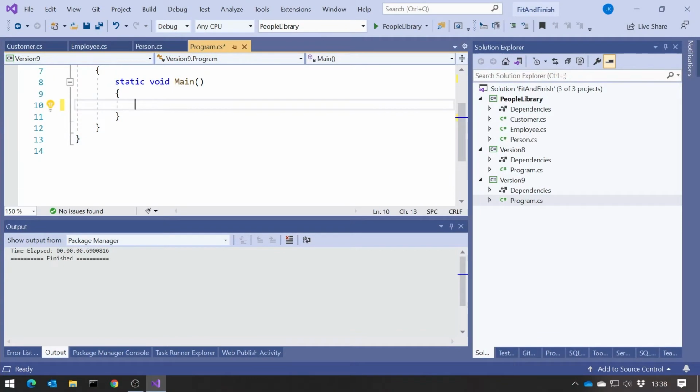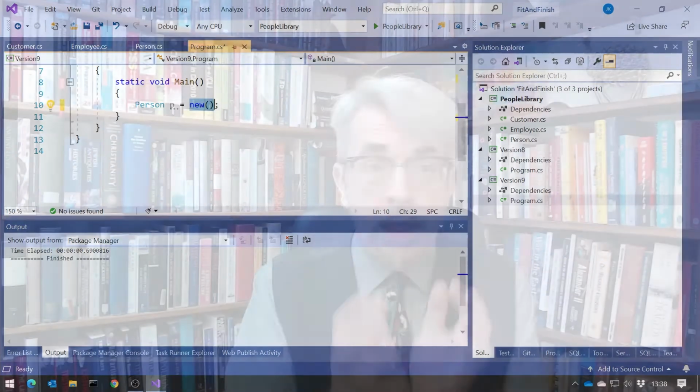And so what we can now do is say person P equals new, empty round brackets. Simple as that. And because it's obvious we want this to be a new person because we've already declared P to be of type person, just by saying new on its own, that means new person. And so that saved the duplication, but saved it the other way round. So we do declare the type when we're creating the variable, but we don't need to declare the type when we are creating the object. And that means it's useful in all sorts of other situations as well.